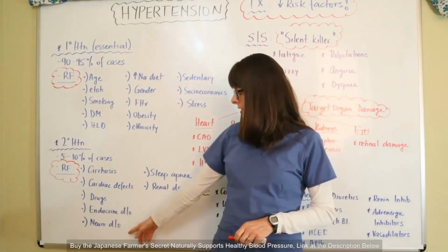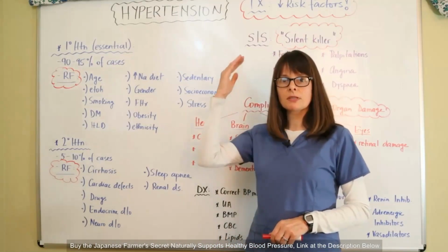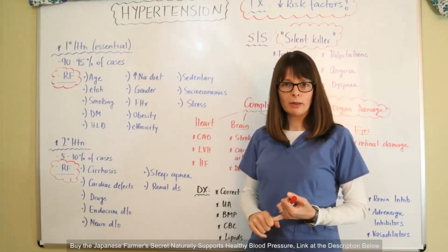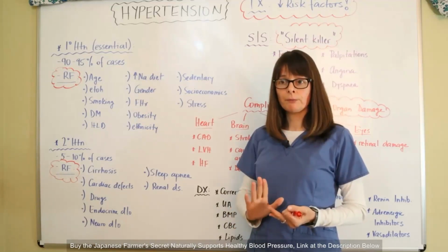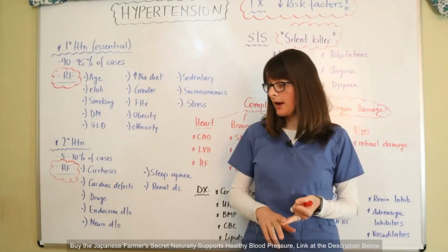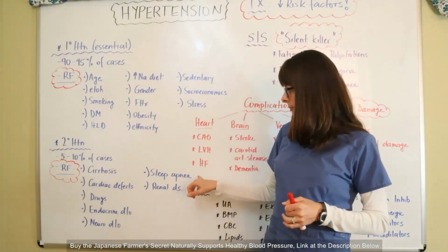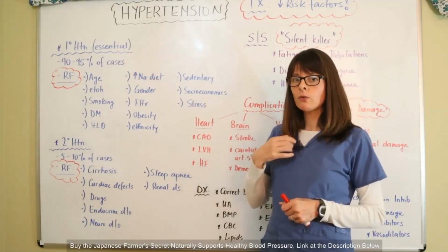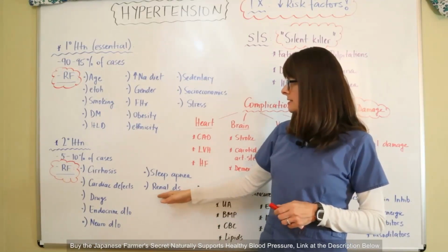And the neurologic disorders, so anything that disrupts the cerebral autoregulation of the blood pressure, such as in traumatic brain injury or maybe even ischemia from a stroke, can definitely cause some secondary hypertension. And then sleep apnea is also a big risk factor, as well as renal disease. And we don't really think about here as renal disease such as in